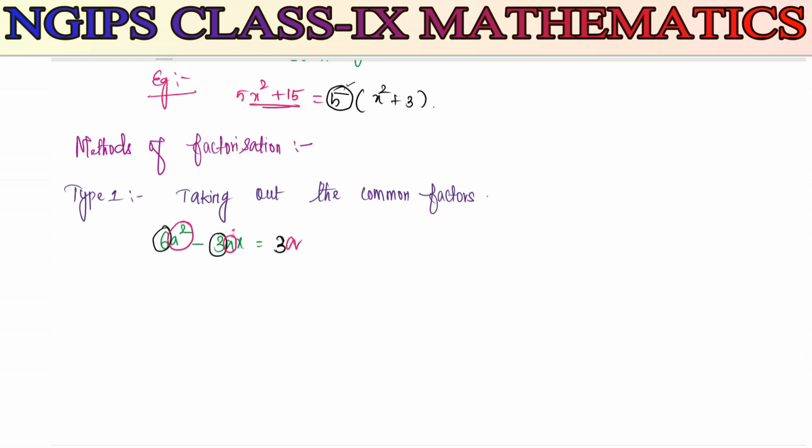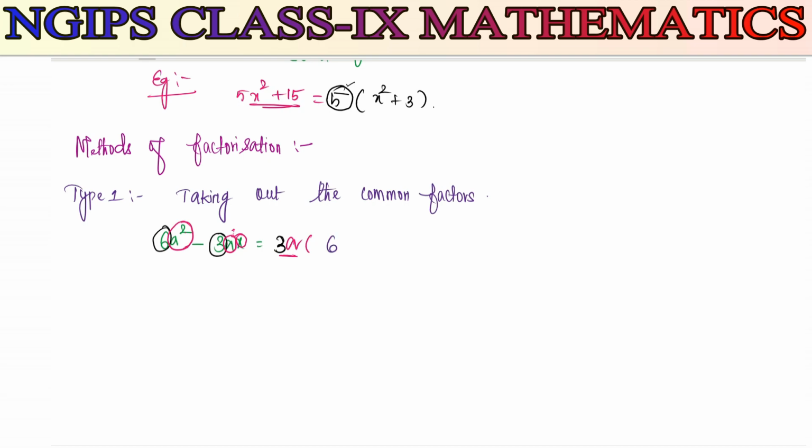In the second term we have x as a variable, but we don't have it in the first term. So the common factor is 3a. So I have written here 3a. When each term of a given expression contains a common factor, we need to divide each term by this factor. So 3a is a factor, right? So I'm going to divide it.